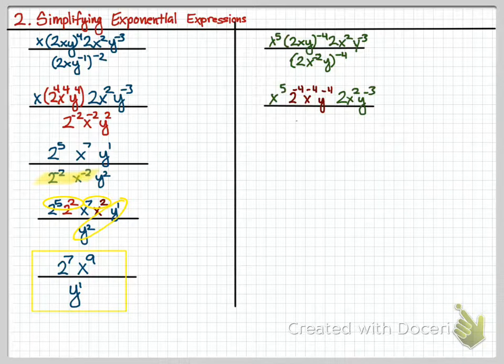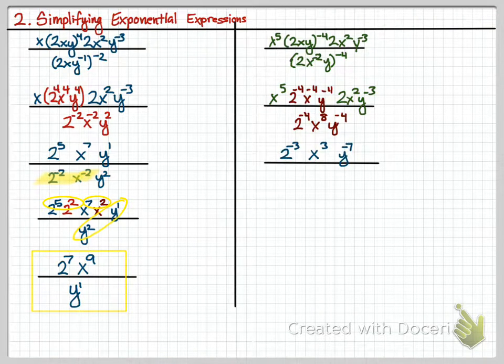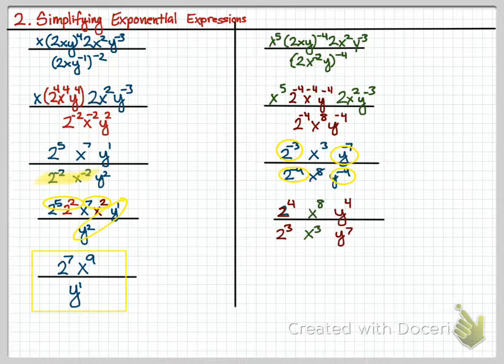In this one here, I find the parentheses first and distribute that exponent. 3 times it happens: 2 to -4, x to -4, y to -4. The denominator, distributed 3 times as well, gives 2 to -4, x to the 8, and y to the -4. In the numerator, combine like terms. That's what we should get. Denominator stays the same. Here I circle all the things that I'm going to move,